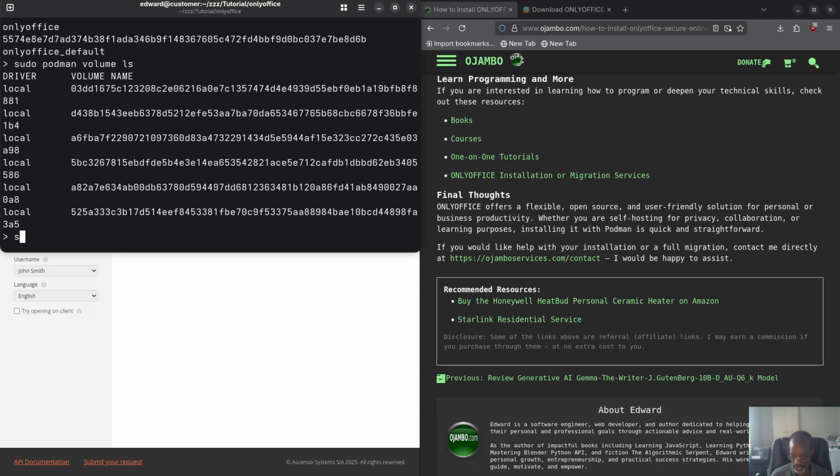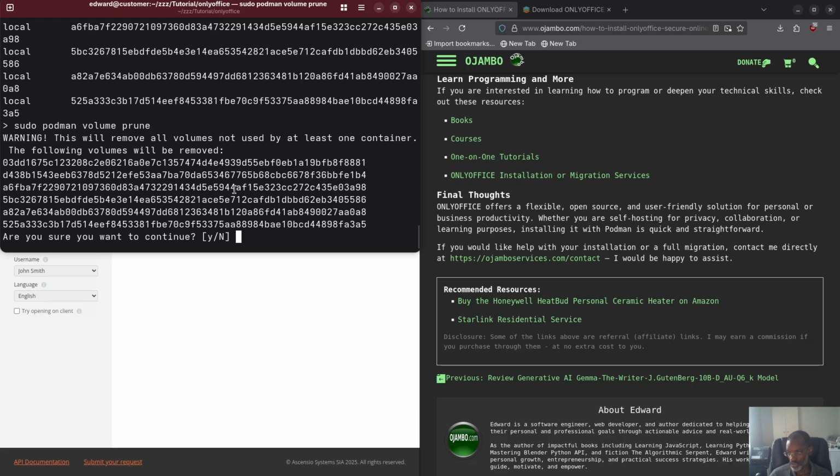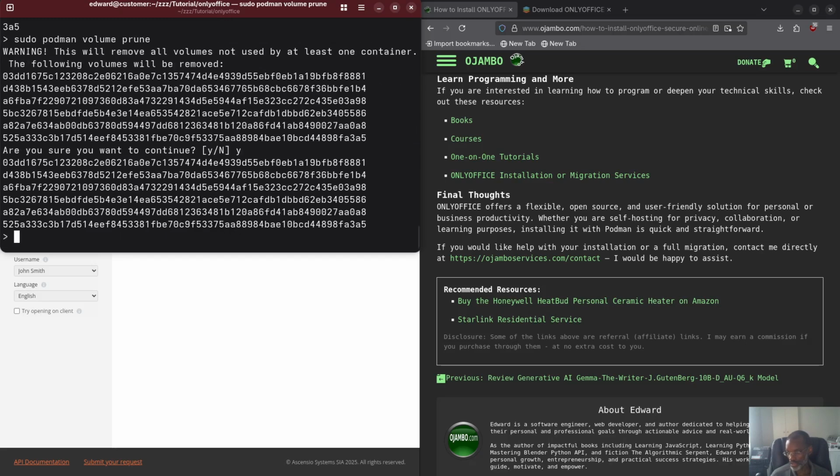sudo podman volume prune. You prune all of them. You see, then you delete all of them. Yes, you want to delete all of them. They're all deleted. Then to delete that image you saw, you just type sudo podman